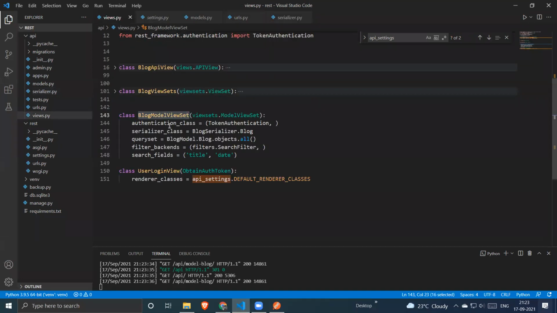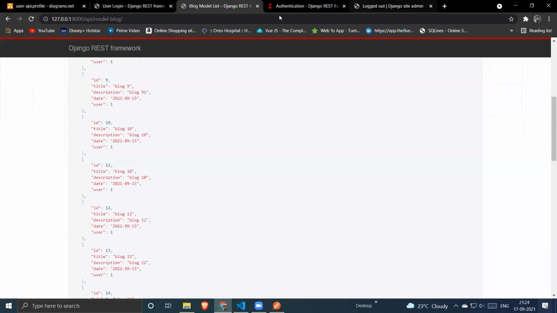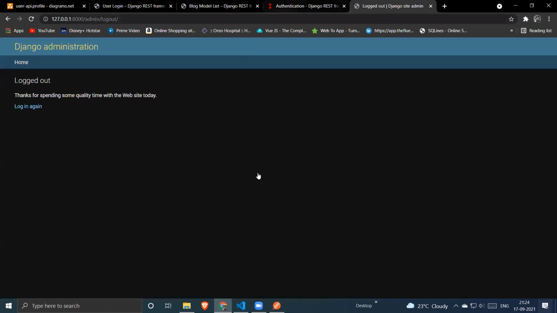So we have authentication_classes, and we have extended it from the authentication. Then I think, what else should we include? Let's go back to the documentation and check it.